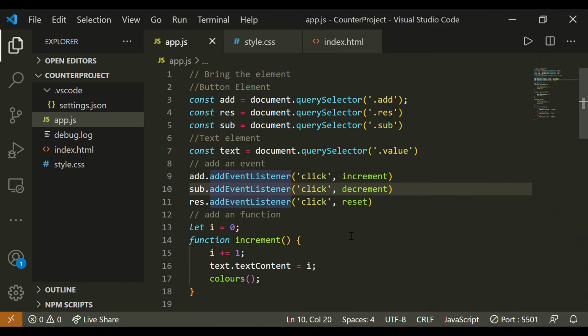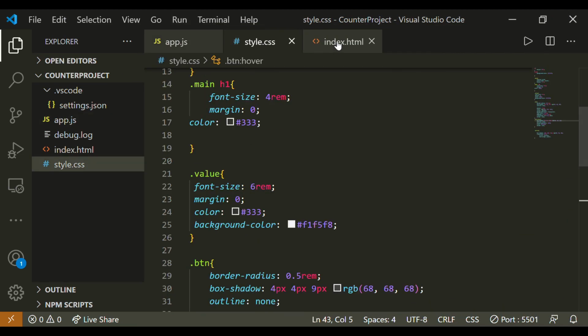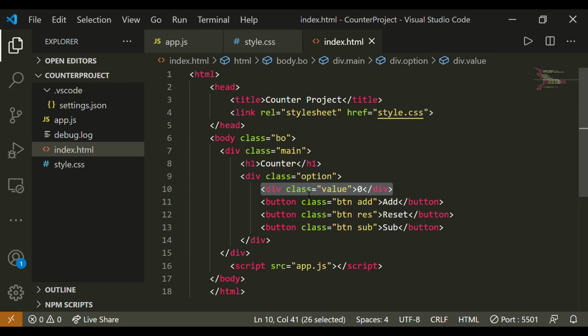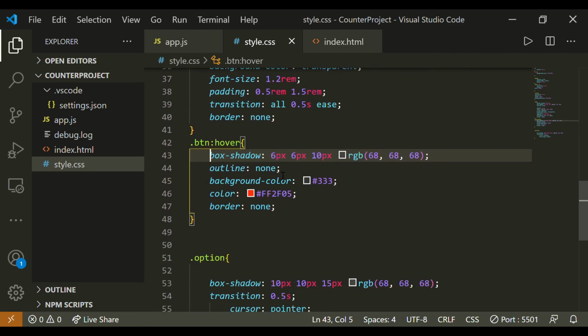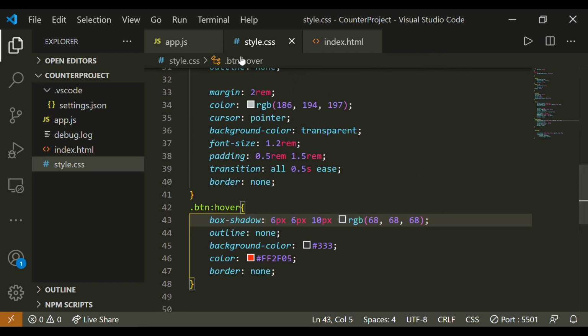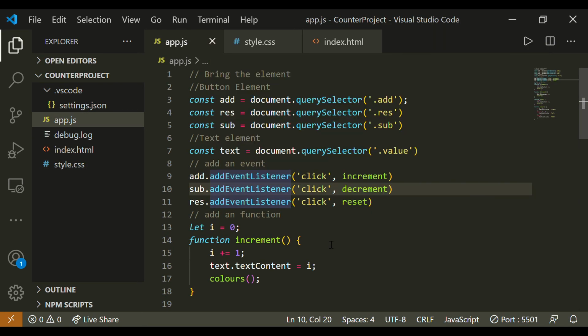So that's it for today, guys. We have seen how we can manipulate our HTML code. We have not seen CSS in detail, but I will try to make a video on CSS after JavaScript is over. And we have also seen how we can manipulate our HTML DOM using JavaScript.